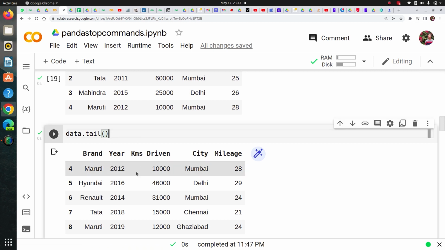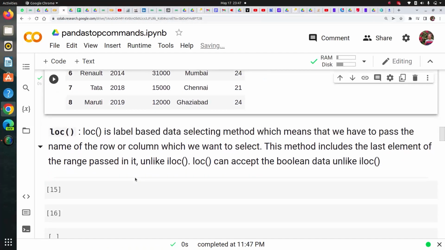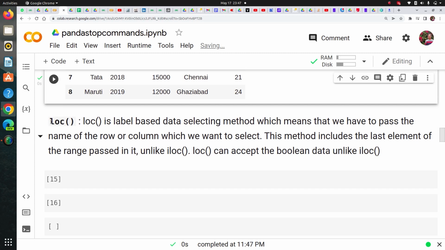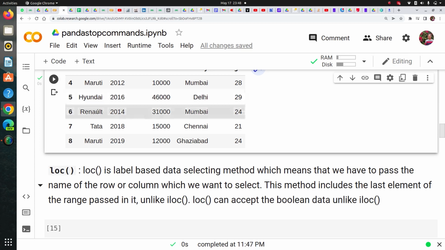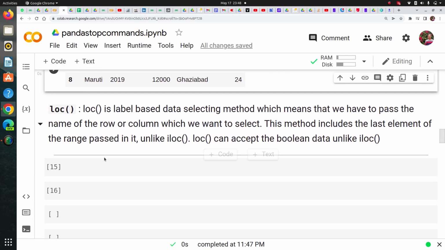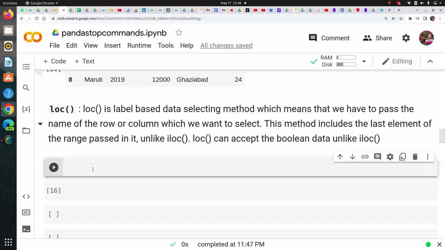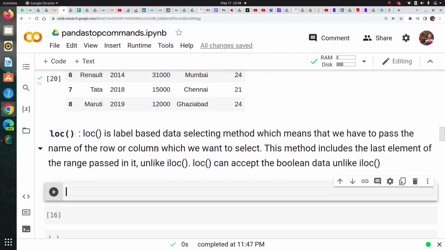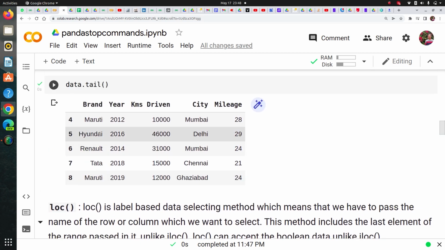So I'm going to discuss the main, very important commands, like .loc and .iloc, how to extract a particular part of the data frame, a row or a column. This is where many of us get confused about how these commands work. The .loc command is a label based data selection method where we pass the label of the row or the column to extract the data. So for example, let's say I want to extract